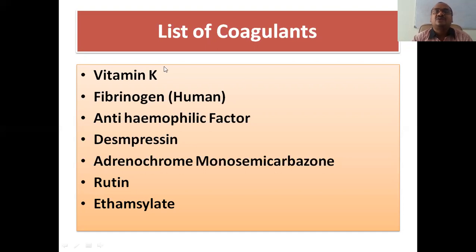See here, the list of coagulants. First is vitamin K, king. Vitamin K, it is a very king. Fibrinogen: just now we saw the fibrin structure, a thread-like structure, fibrin, just like a thread. Fibrinogen also belongs to human fibrinogen only. And anti-haemophilic factor, desmopressin, desk, you can keep in your desk, press in. Adrenochrome monosemicarbazone,